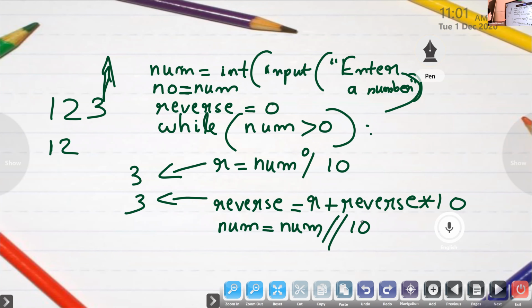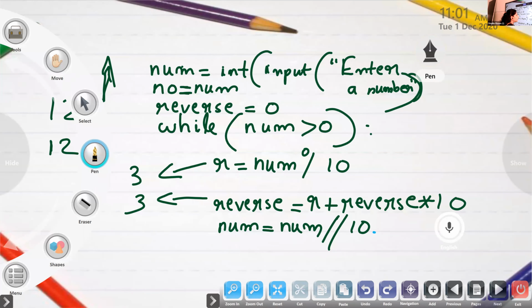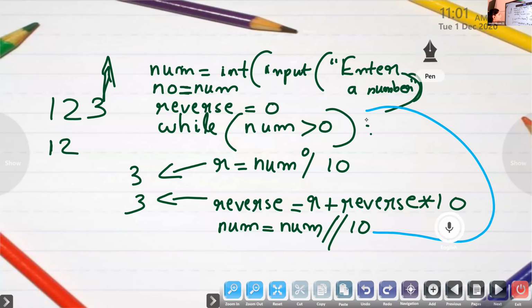So what happens? 123 became 12. Again the loop will execute.